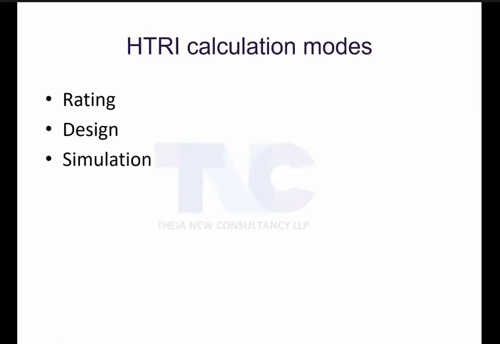There are two types of tools: thermal design and mechanical design. Thermal design, process engineers will do. Mechanical design, they will be using PV Elite. PV Elite is a mechanical design software. We don't use it. So we do the thermal design. Only once we do the thermal design, we will give it to the mechanical engineers. They will be doing the PV Elite. They will generate the mechanical design.